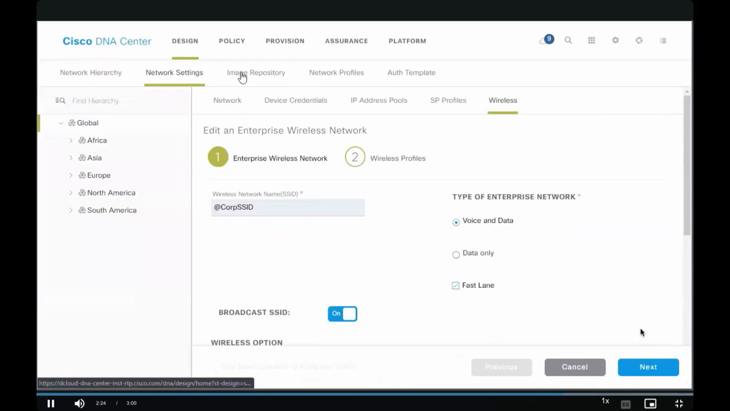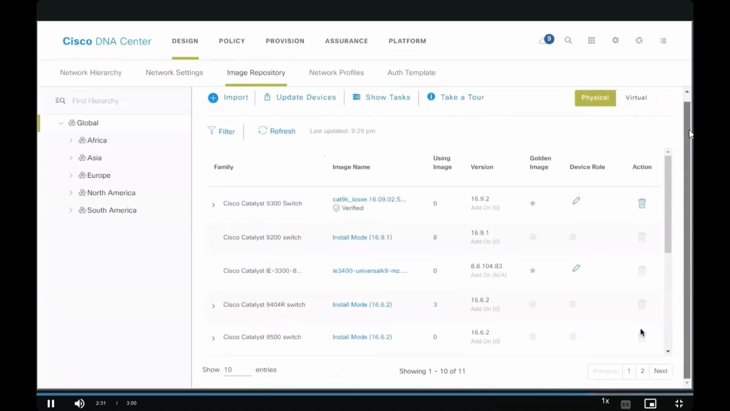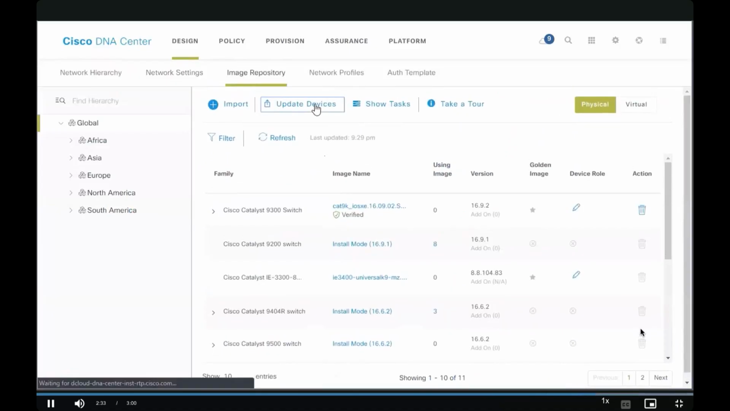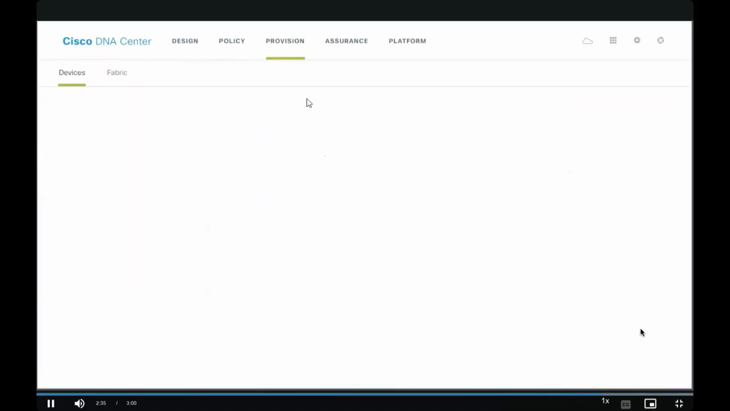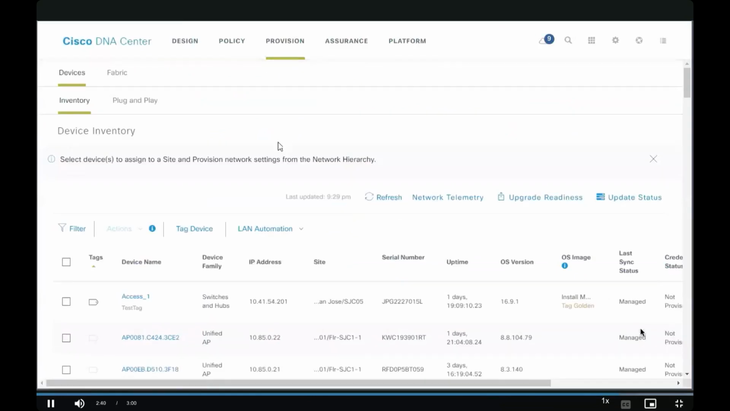Now, in image repository, we can actually focus here on those operating system updates and upgrades. We can list out those device families. We can even go in here and click on update devices and say, you know what, forget design, move onwards, provision. In provision, we have that update device button we clicked on where I can literally go inside of here